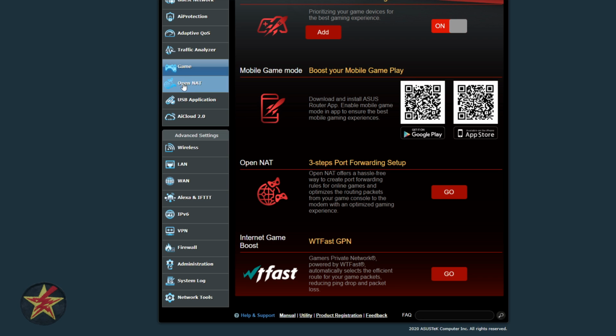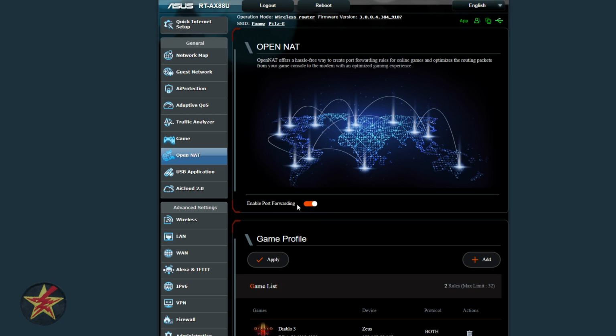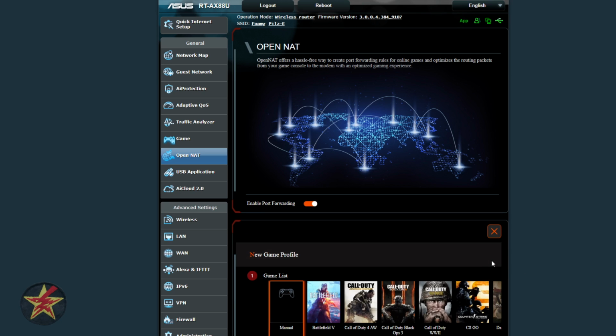So let's actually go over here and check the OpenNAT options. You turn on OpenNAT, which enables port forwarding, and then you can select gaming profiles. Now, I had tried this both with Diablo 3 and Wolcen Online because, well, those are the games I'm primarily playing still. I did do this with Guild Wars 2, but that required me to set up my own profile. Here you can see it shows Diablo 3, my client's computer Zeus, and then this one, because it was automatically set up,